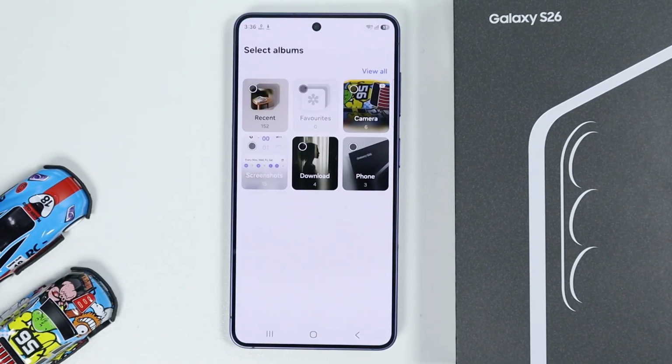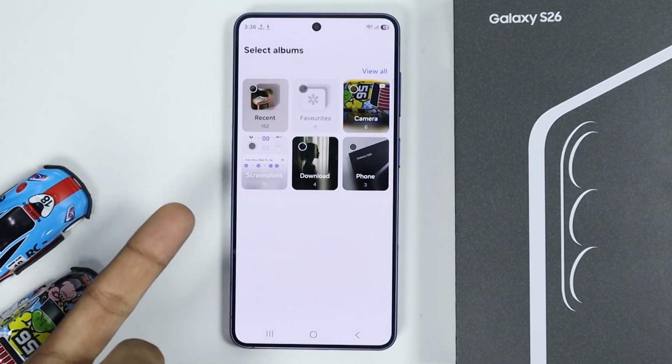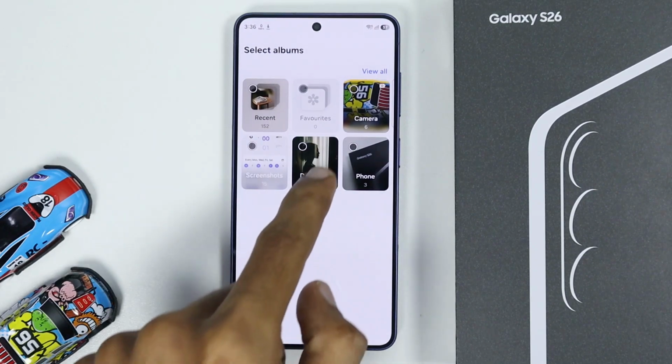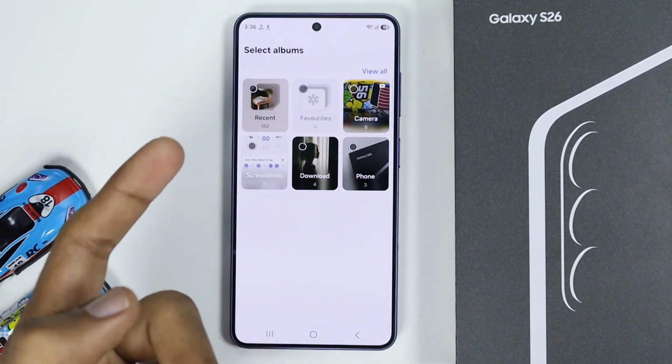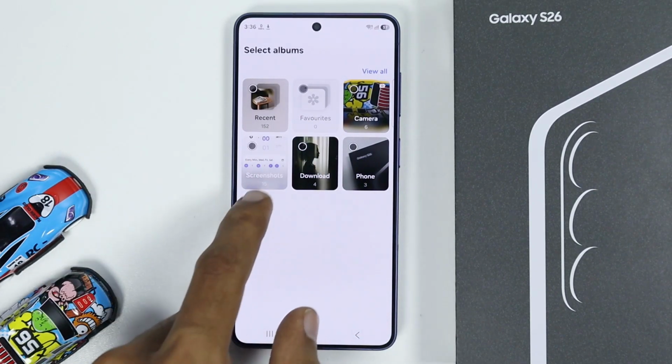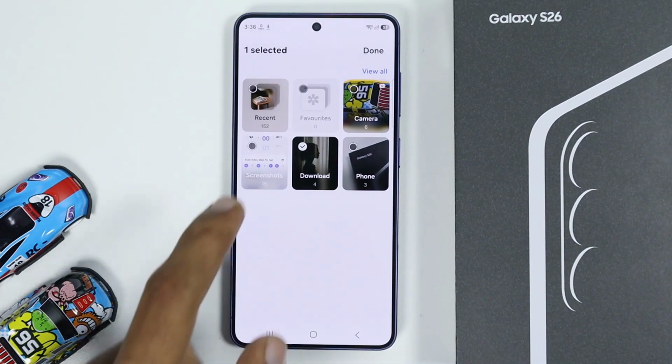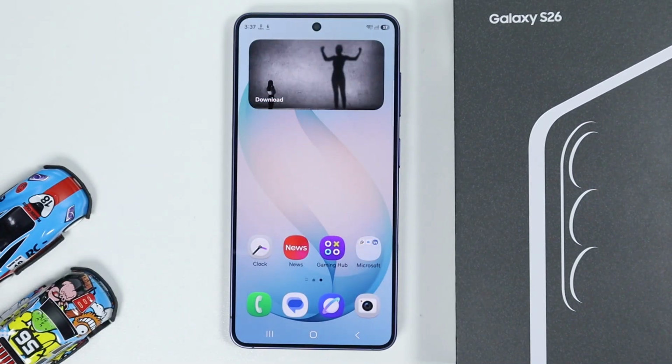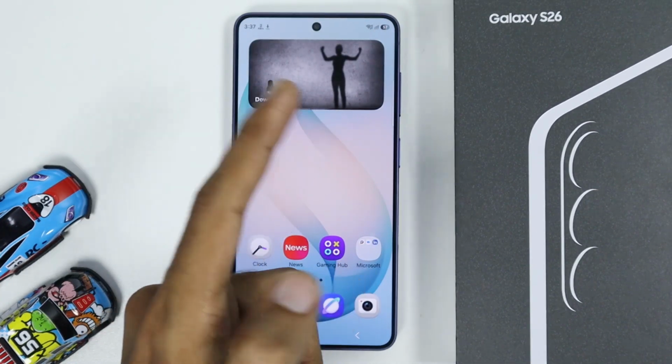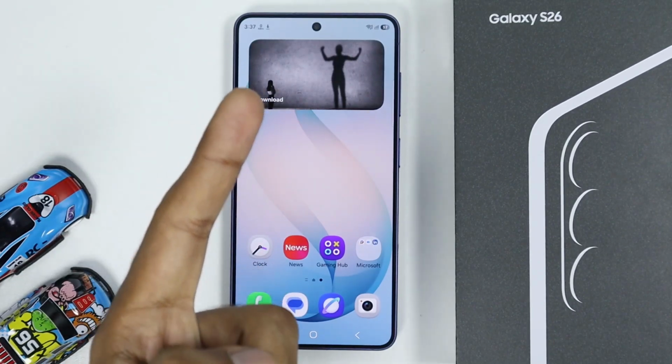If I tap on select album, I will be able to select any album from here. Now you can select downloads, phone, or even the screenshots. Now I will select the downloads folder. Now after that, just tap on done. Now after you do that, you will be able to show all the photos from your downloads folder into this